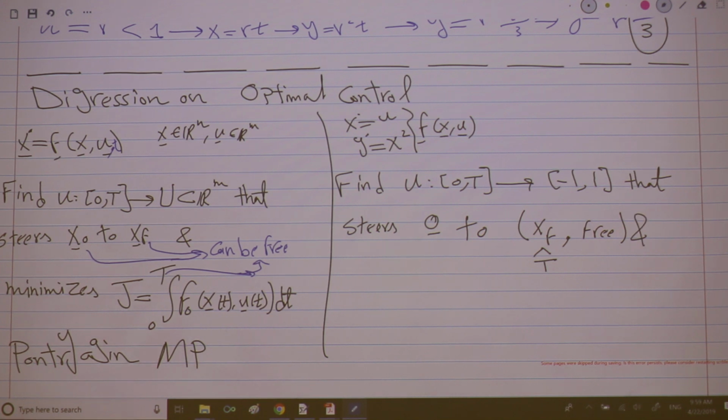And I want to maximize y, right? This is my objective. On the side here, I know that the final y of t is the integral from 0 to t of y dot dt, right? By definition, the fundamental theorem of calculus. And y dot is x squared. So actually